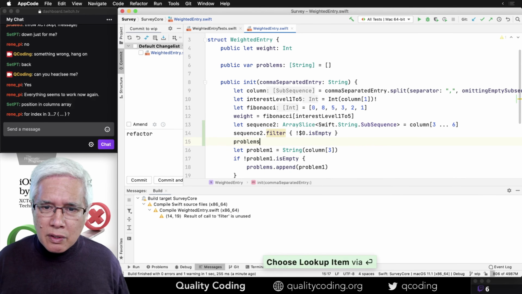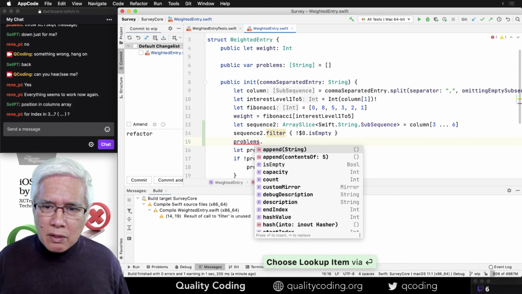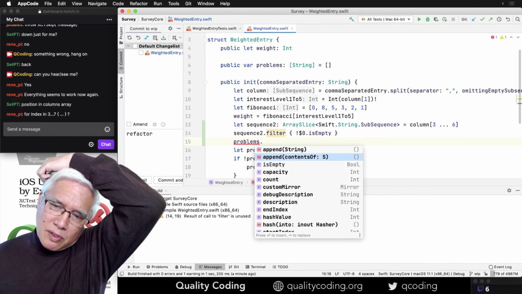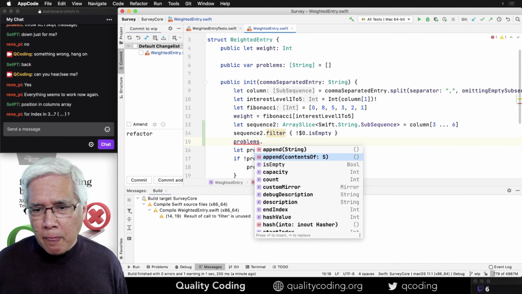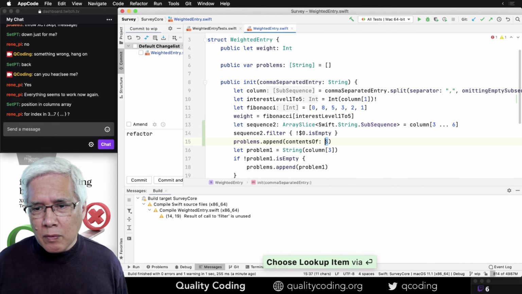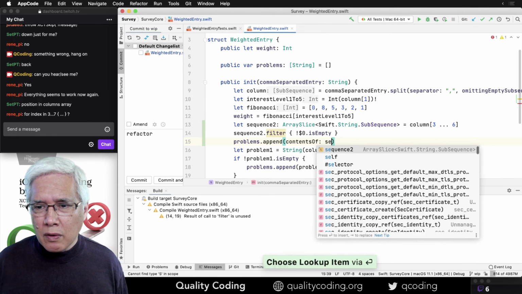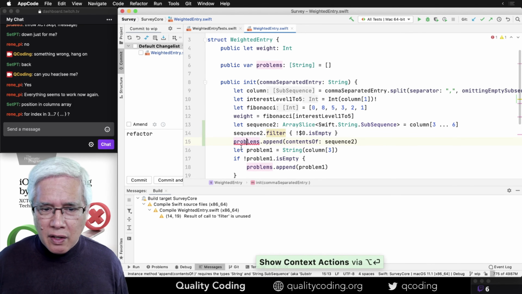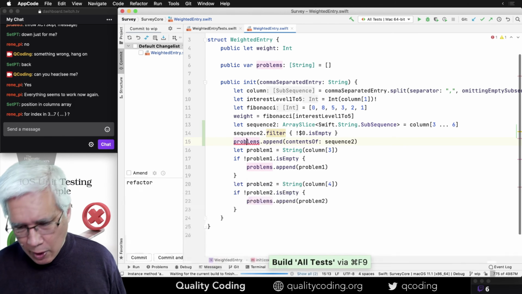I should be able to say problems and contents of the sequence, except we have to transform them from substrings into strings. Well, let's see. Right, that's not going to fly because the types are wrong.